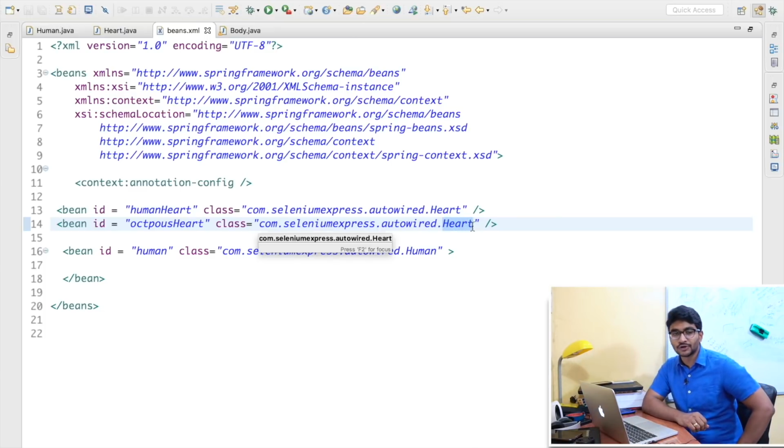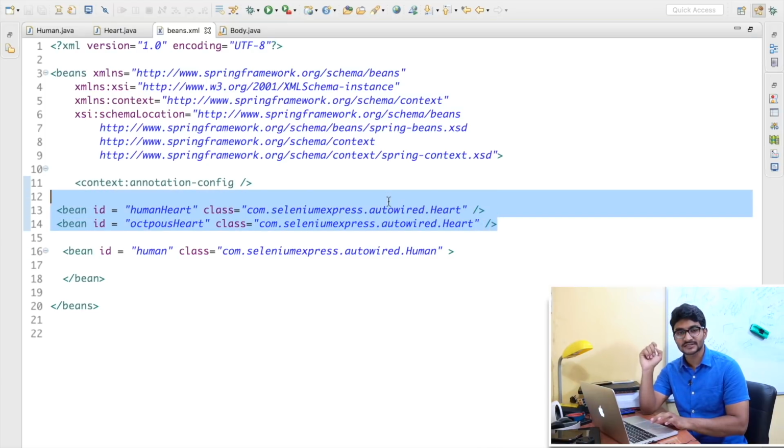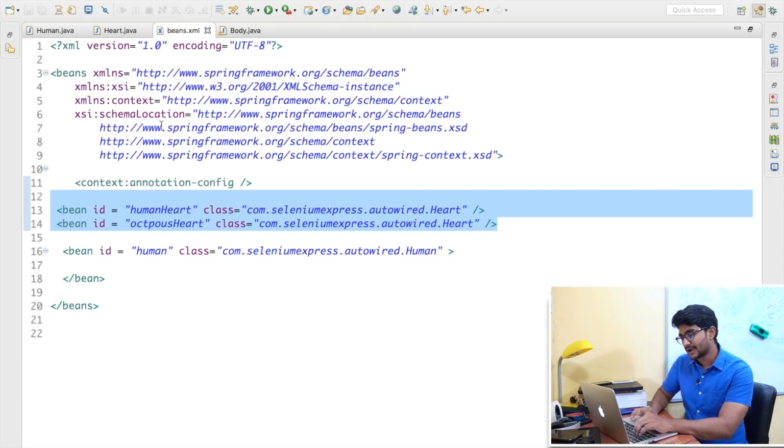So what am I going to do here, because by name is also failing and by type is also failing? What is the solution I can give when I have multiple implementations or multiple objects for the same class, and the ID is also different? How to resolve this kind of scenario? Okay, so before I do any modification,